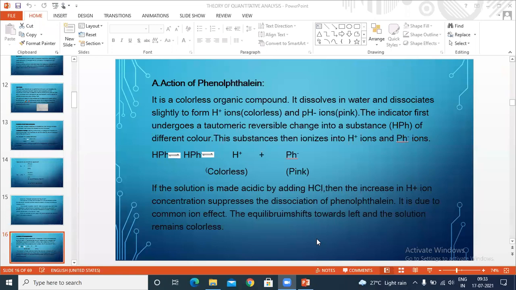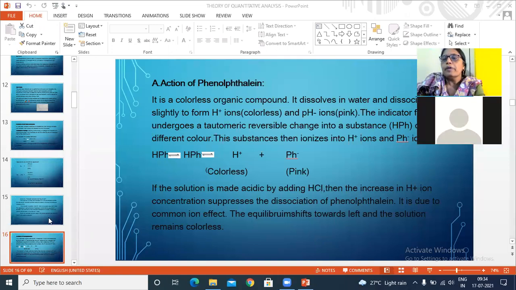So based on the theory of indicators, that too in Ostwald's theory, in general, if we assume an indicator HIN, it dissociates into H plus ions and IN minus ions, that is, indicator ions. In the presence of an acidic medium, the H plus ion concentration increases. So when the indicator undergoes dissociation, if you observe in this case...